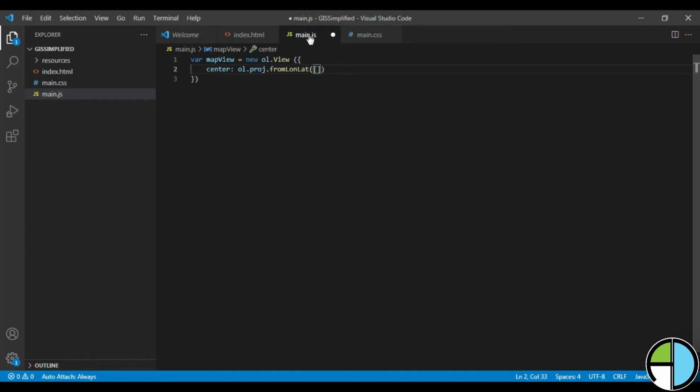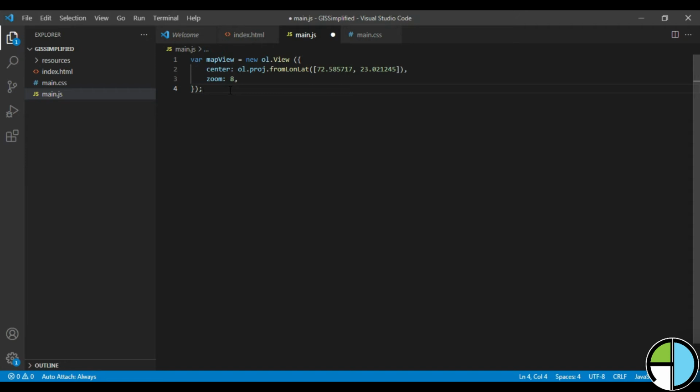So I have to use ol.proj.fromLonLat, and this is the lat long value. This is basically in Gujarat area somewhere. So I have given that lat long value, and remember it is lon lat, not a lat long. You have to remember that. And then zoom scale 8. So when my map opens, it should be at a zoom scale of 8.